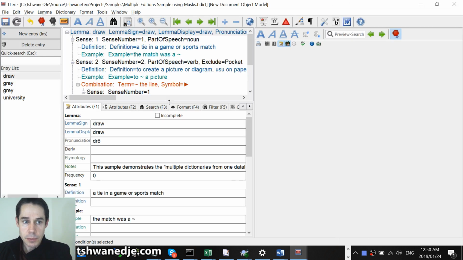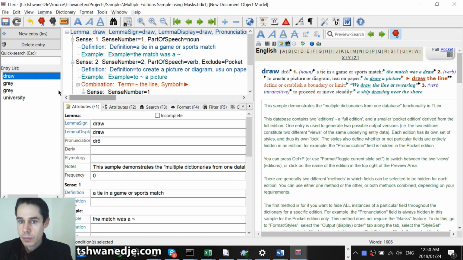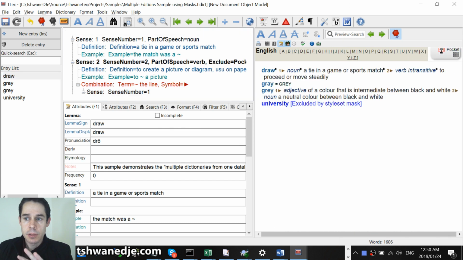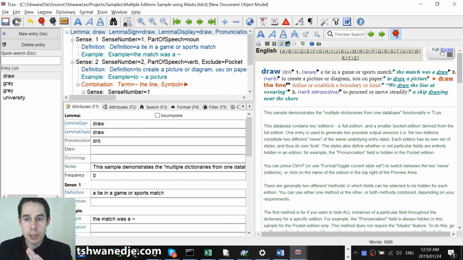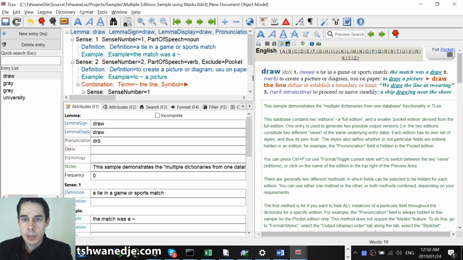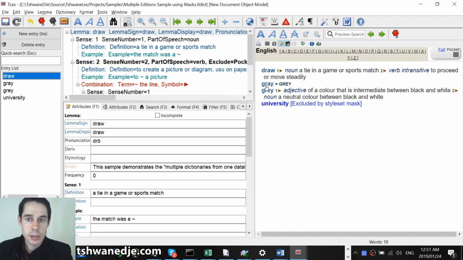So this shows a simple example where masks have been set up. We have a single dictionary database. There are two editions, two sets of styles: our pocket edition and our full edition. If we select to view the pocket edition, then certain entries